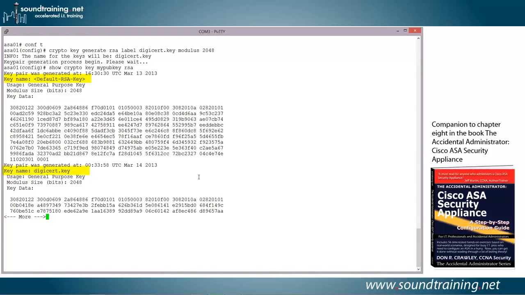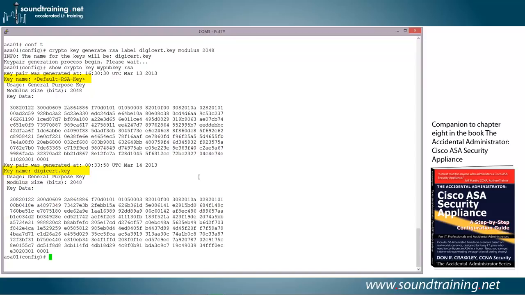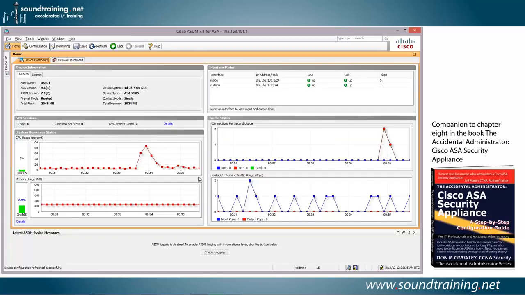Notice where it says at the top default RSA key for the key name, and then toward the bottom it says key name is digiCert.key. That's the one we just generated. We'll touch the spacebar to continue, and there they are. That's kind of handy. Now let's go back to the GUI, to the ASDM, Adaptive Security Device Manager, and let's